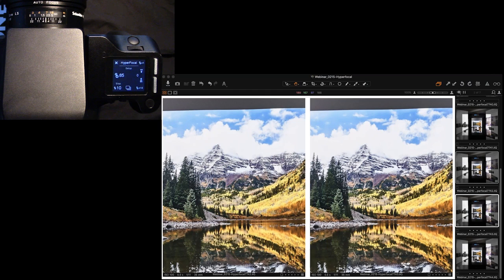There's an argument to be made, again, what is acceptably sharp, that we have lost a touch of infinity focus. But what we do know is that between a lens position of 85 over here and 95 over here, between those two is going to lie our hyperfocal focusing point.